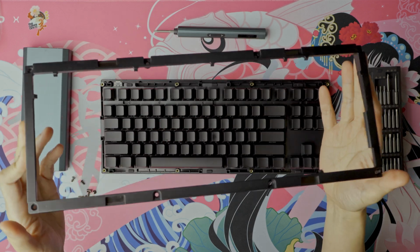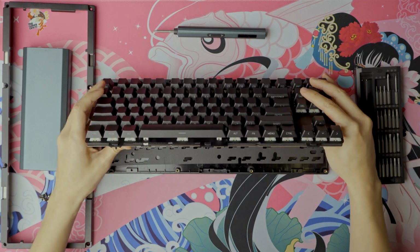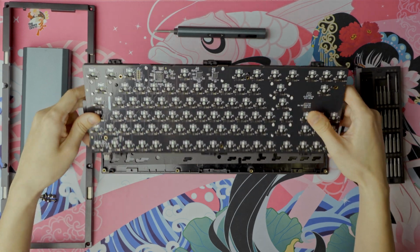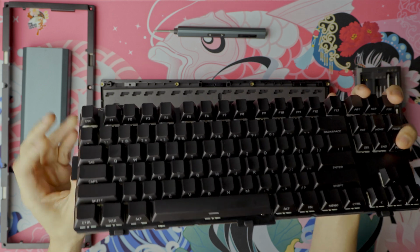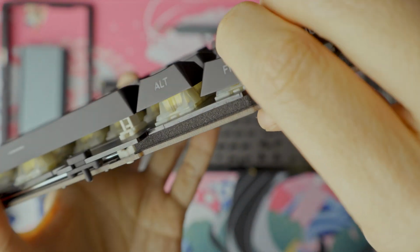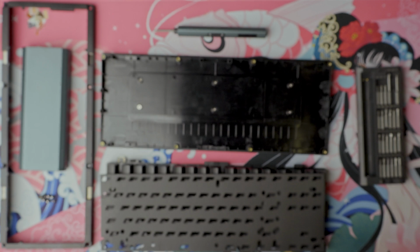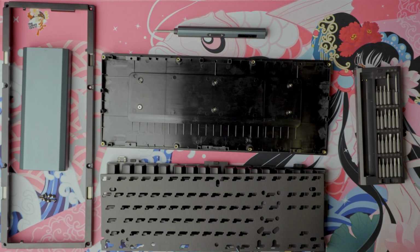I was pretty careful when lifting up the PCB in order to avoid tearing any JST cables, but it turns out you don't have to be because there is no daughter board. That explains why the USB-C cutout on the back is so big. And as you can see, this thing is just packed with foam. We've got some in between the PCB and plate, a layer underneath the PCB, and a thick slab of silicone below that. In fact, if we remove everything to get the plate off,